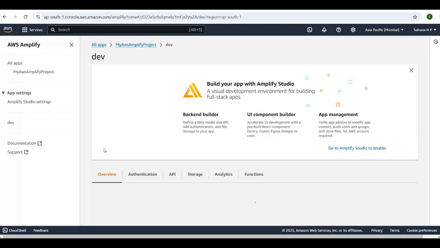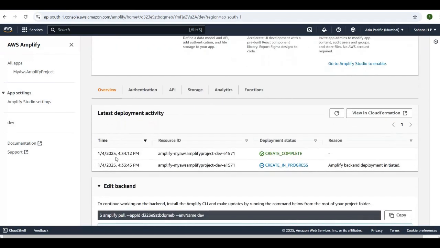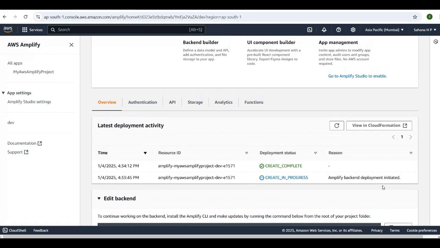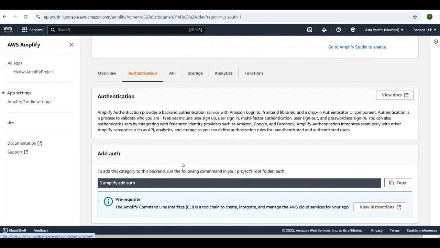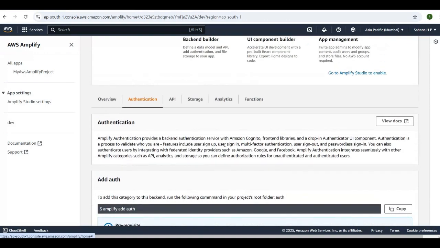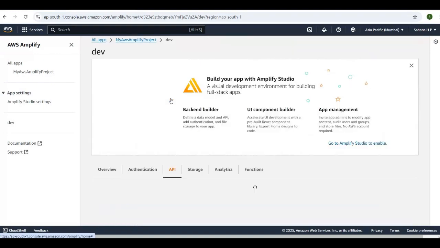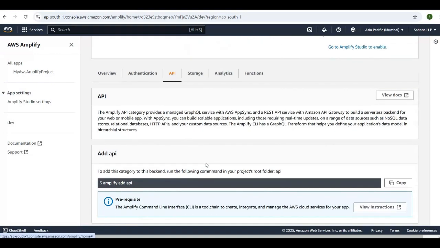Go to dev. Here we can see the latest deployment activity, it's created completely. Backend deployment initiated, so it's now created. Then go to authentication. Here we can see authentication provides backend services, and go to API. Here we need to add the API. For this it gives the command as amplify add api. Copy this,